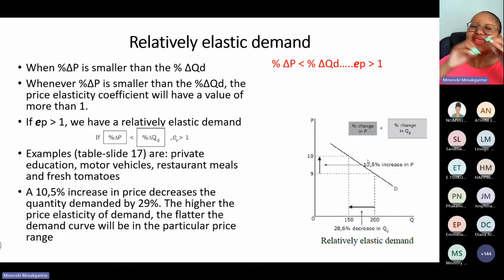The inelastic graph is steeper. The elastic graph is flatter. Elastic graph, like the rubber from that chicken place. Now, we are told that a 10% increase in price